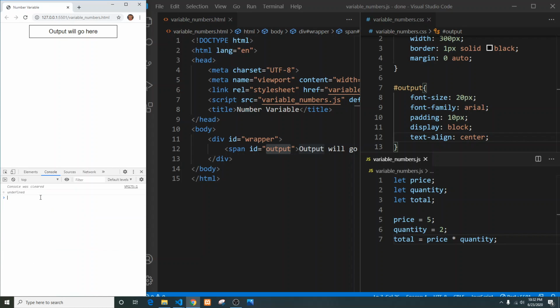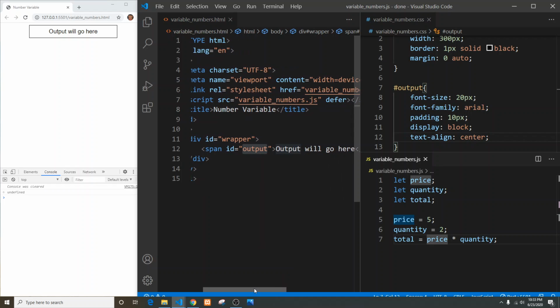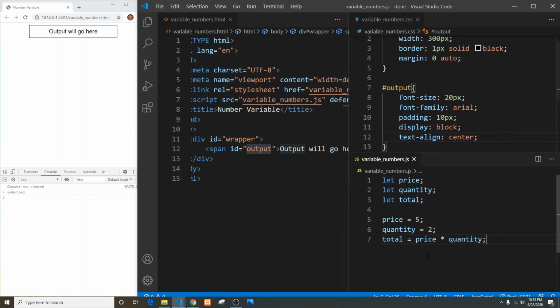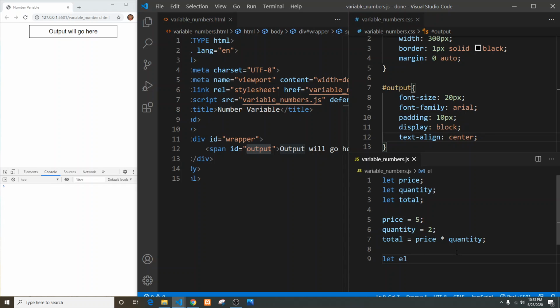Now what we're going to do is we want the actual total value here, which is the total of price times quantity. We want that to be outputted. We want that placed right within the actual span output. So now let's do that. We want to get a variable here. Let's say let element EL, that's short. You can name this anything you want, but we just need a holder to display that. So first we're going to say let element output